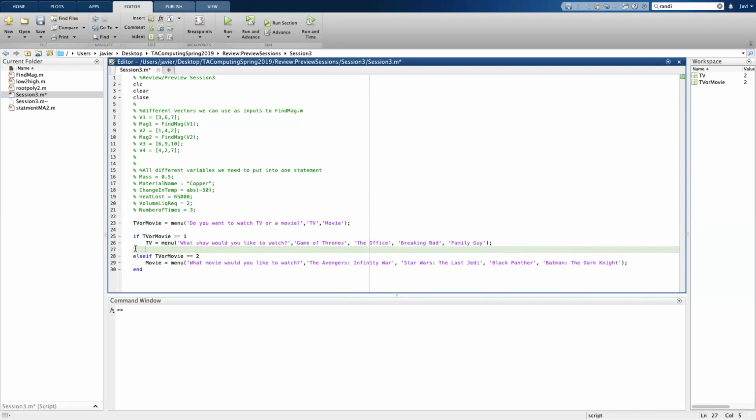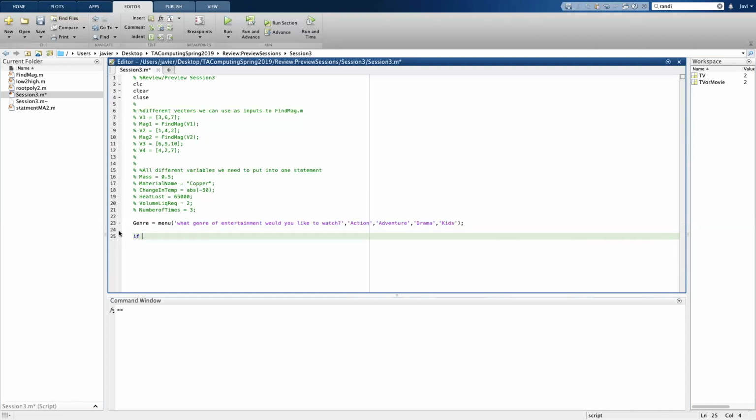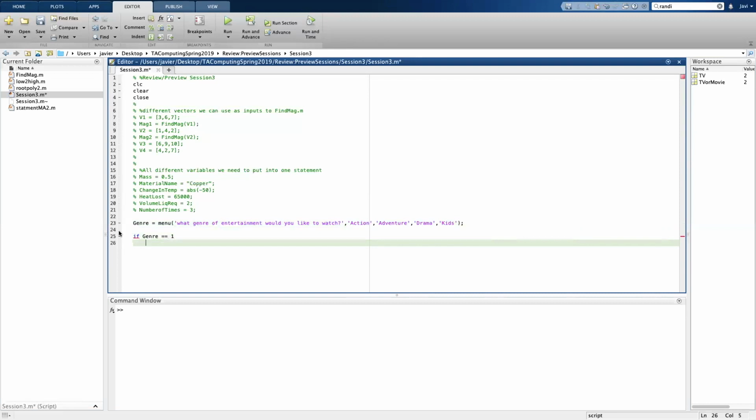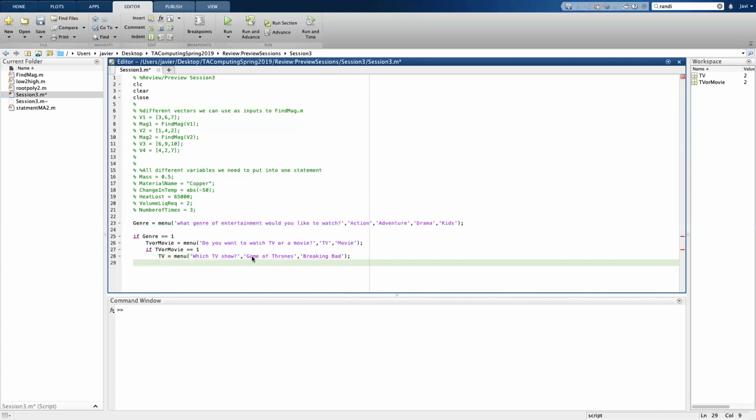We can also nest these if statements. And by that, I mean we can put if statements inside of if statements. 4 different genres. If genre equals 1, meaning we chose action, we could ask for that same menu again. We could call for another if. We say if TV or movie equals 1. We could then put that same stuff in here. Else if TV or movie